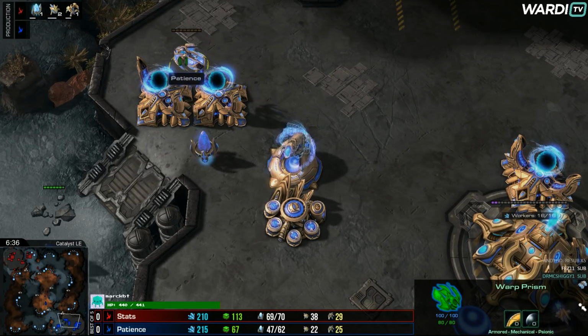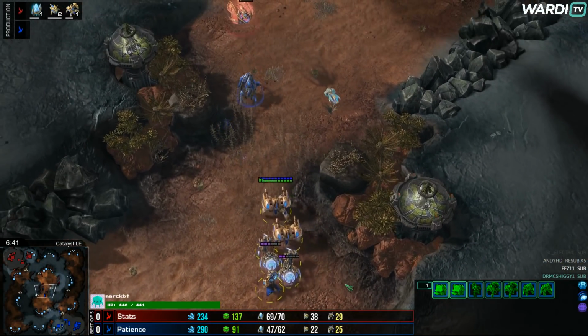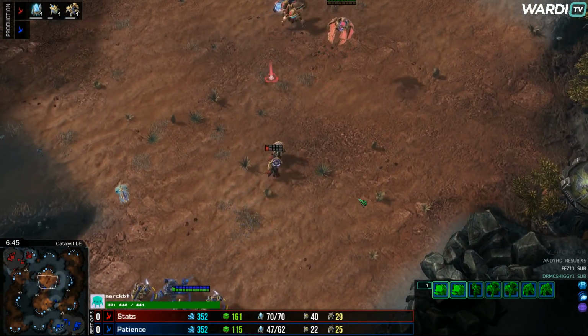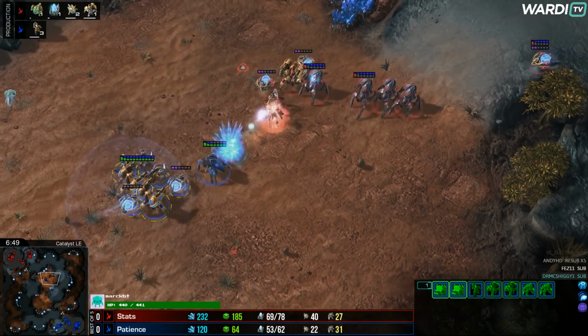Warp Prism's about to pop out and start moving in towards the upper left-hand side. In the middle of the map now, Patience obviously feels as though it's his counter-attack time. Stats sheds two Adepts right into that army, which obviously isn't ideal at all. And we are going to be seeing, well, it's kind of weird because Stats is down an Immortal going into